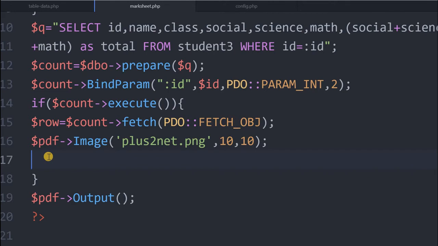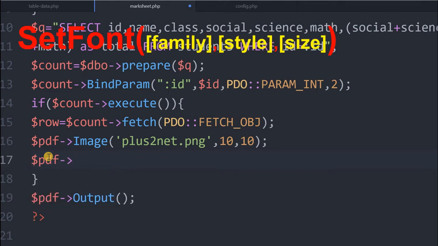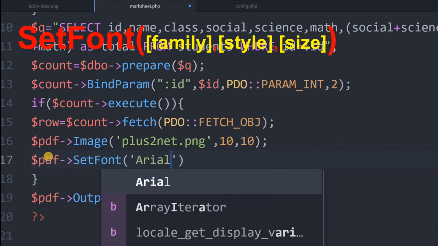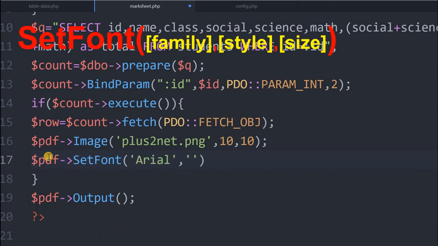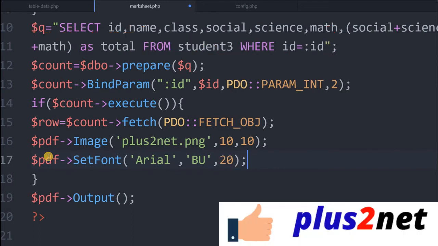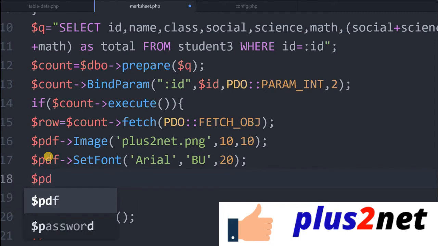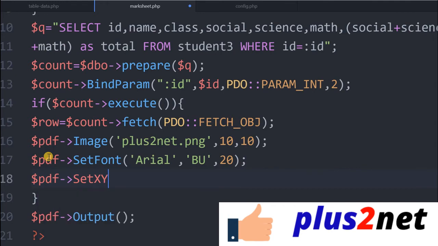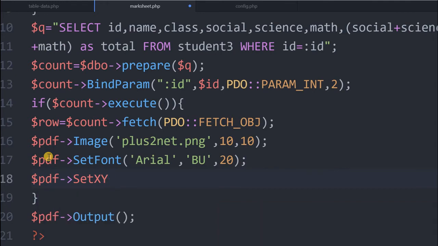We'll set a higher font size by using set font. We'll say Arial, then both B for bold and U for underline, and we'll say size is 20. After this we'll position it. PDF set X and Y. We'll say 80 and 50.